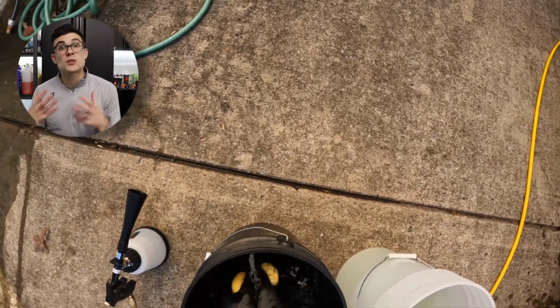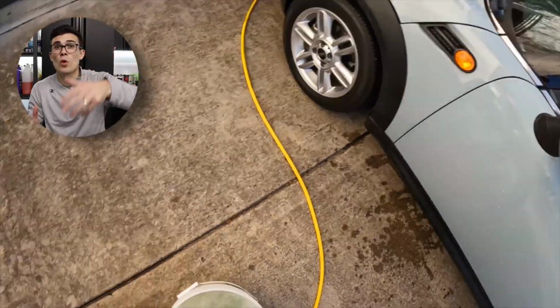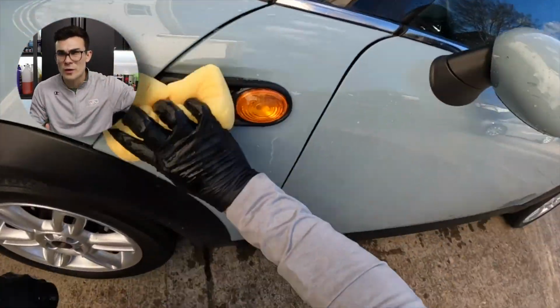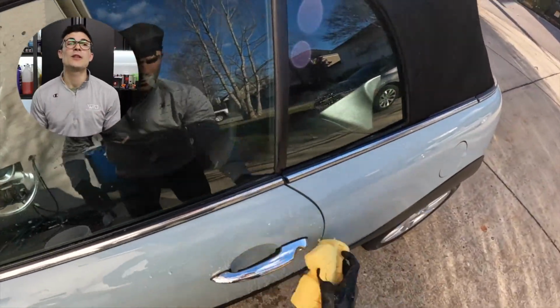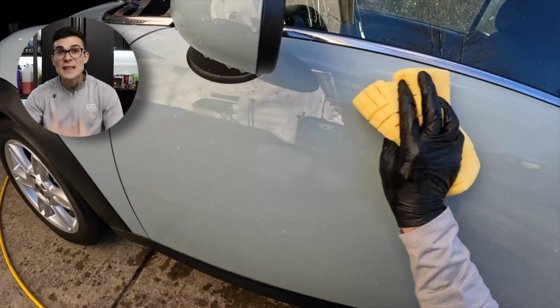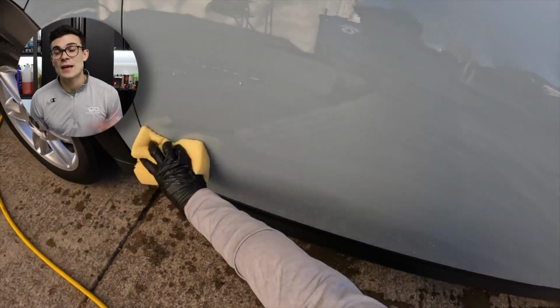So this can be a really effective way to do a rinseless method if you're wanting to use a sponge, because it does make the rinseless method more effective as you're able to use more solution and therefore get more lubricity as you pull the sponge across the paint. So I'm going to dip my sponge in, make sure I rinse it out well, and make sure that I get plenty of solution and water in the sponge. And I'm going to basically take that sponge to the paint, to the windows, basically everything except for the black